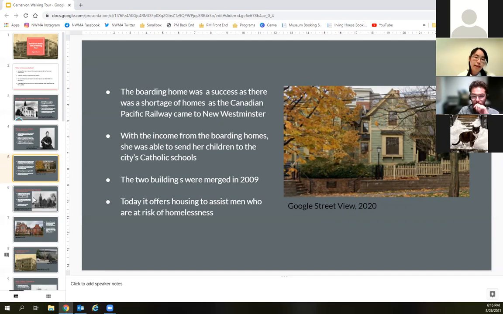And in 2009, she had 2 cottages, and the 2 buildings were merged in 2009. And this is significant in a sense. Her home is significant to our history and just how New Westminster in general right now, because it's a rare case of using a heritage revitalization agreement such that